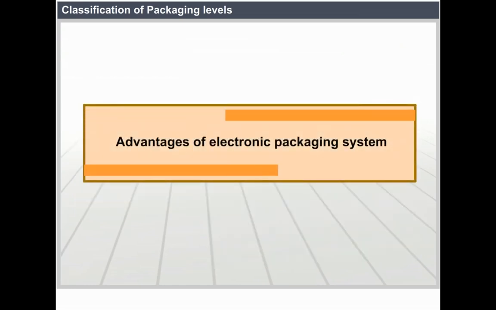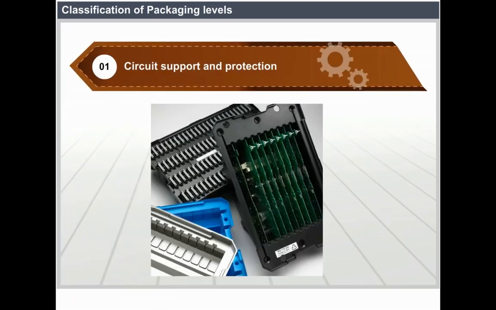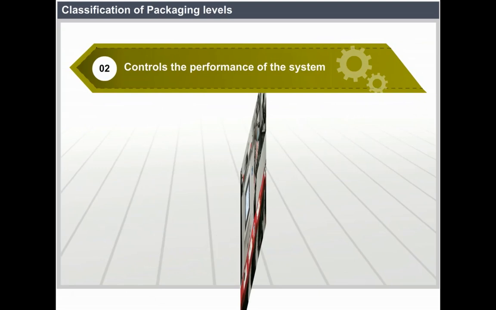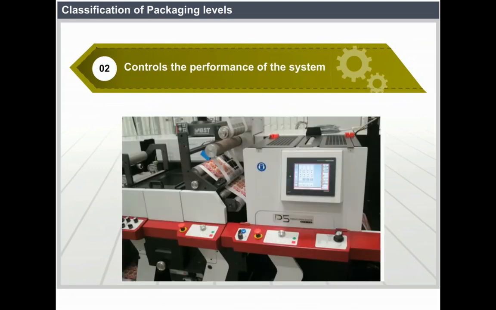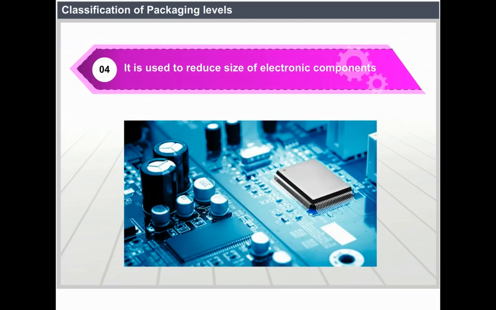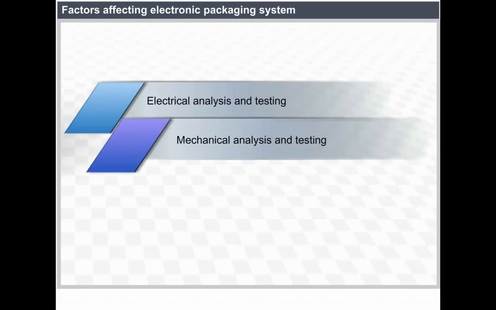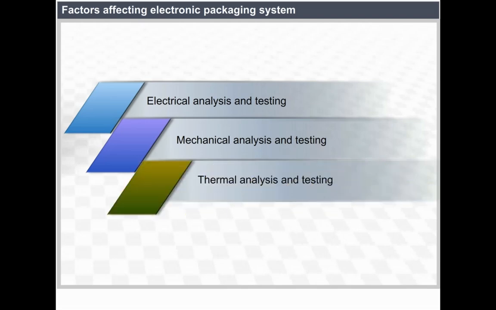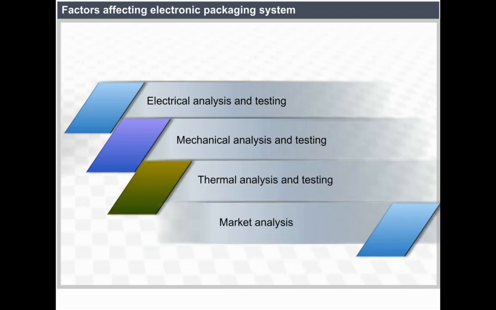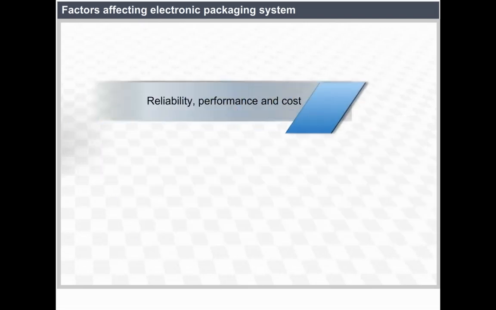Advantages of electronic packaging system: circuit support and protection, controls performance of the system, also controls the cost of the system. It is used to reduce size of electronic components. Factors affecting electronic packaging system: electrical analysis and testing, mechanical analysis and testing, thermal analysis and testing, market analysis, reliability, performance and cost,